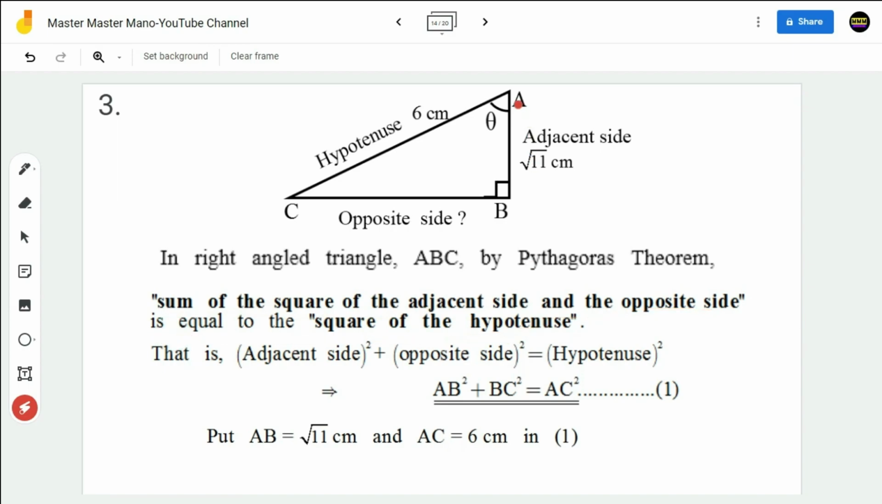That is, adjacent side square plus opposite side square equal to hypotenuse square. This adjacent side square can be written as AB square plus this opposite side can be written as BC square equal to this hypotenuse square can be written as AC square. And this equation is named as 1. Put the given values AB equal to root 11 and AC equal to 6 centimeter in the first equation. On substituting AB equal to root 11 and AC equal to 6, we get